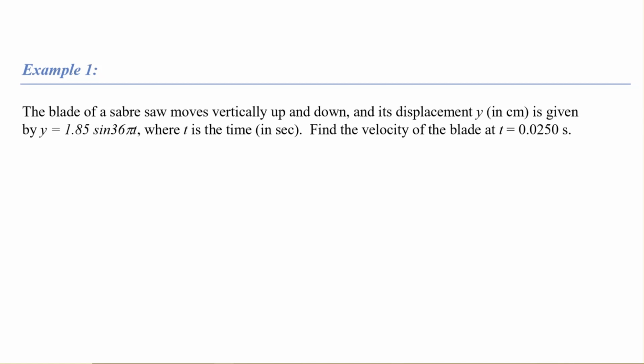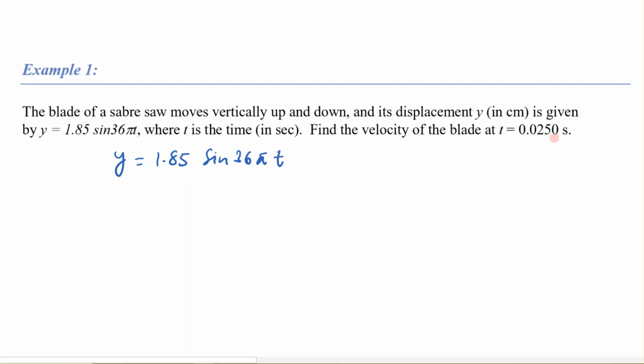So the blade of a saw moves vertically up and down and its displacement y, which is in centimeters, is given by this relationship. So we have y equals 1.85 sine 36 pi t, where t is the time in seconds. We need to find the velocity of the blade at t equals